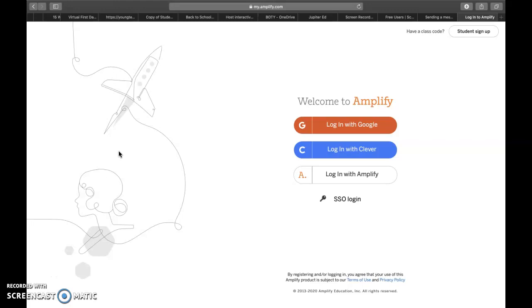Amplify is going to be your science for this year. I'm really excited about science, and the feedback from students in 7th grade is that they're really excited about how much more science we get to do. So it's really important that you become familiar with Amplify. Now, Amplify comes with a workbook. We'll worry about that later, but as far as getting logged into Amplify,